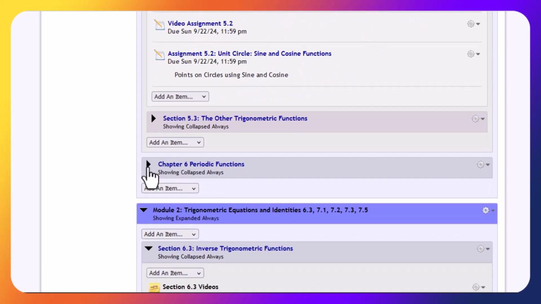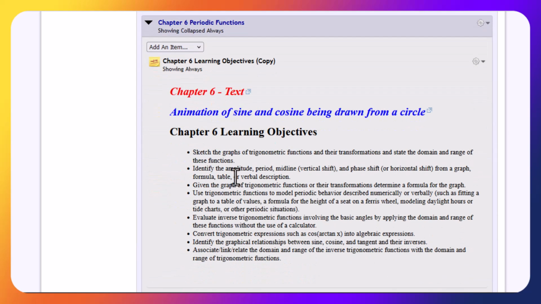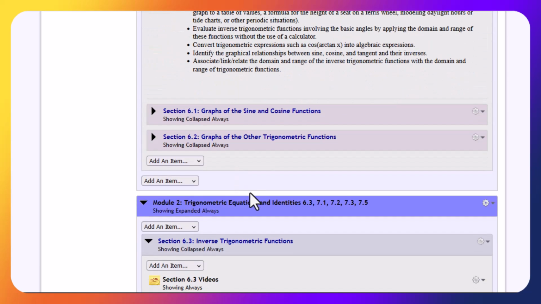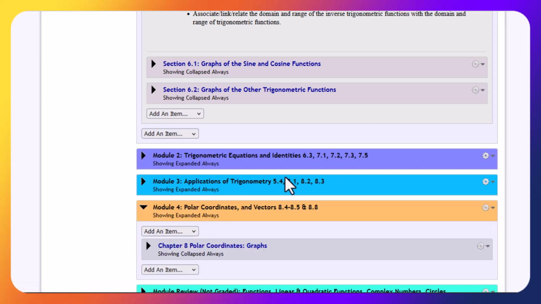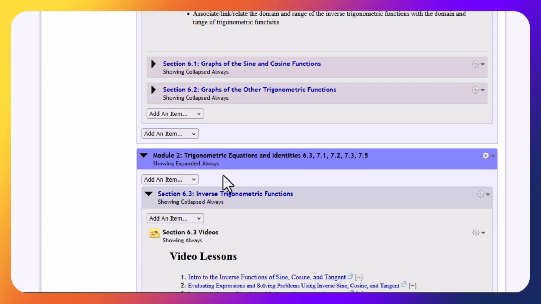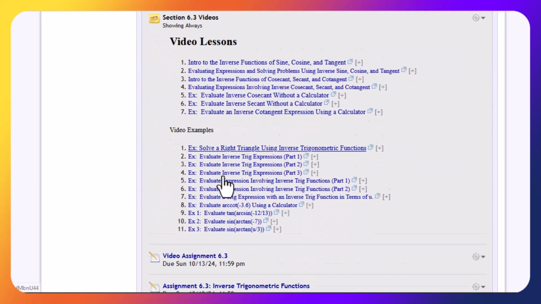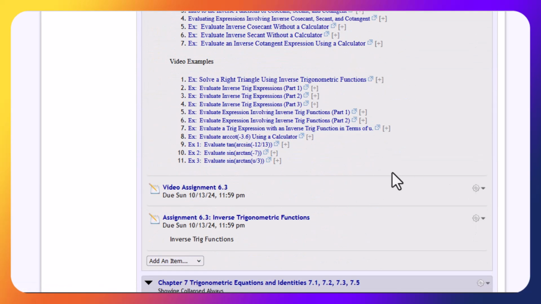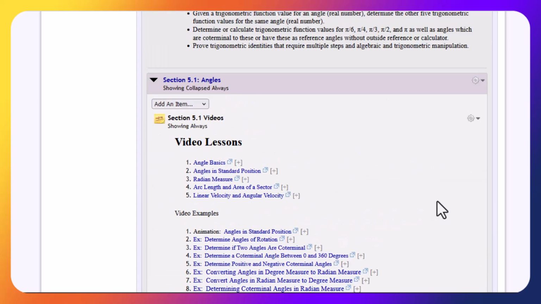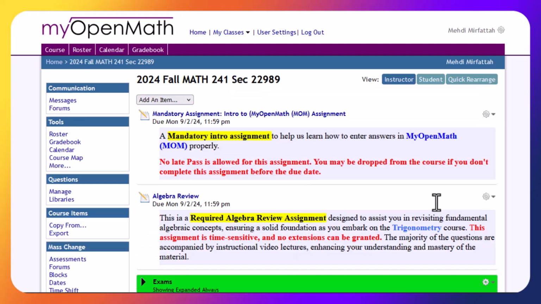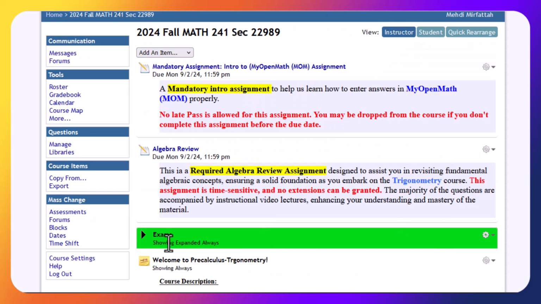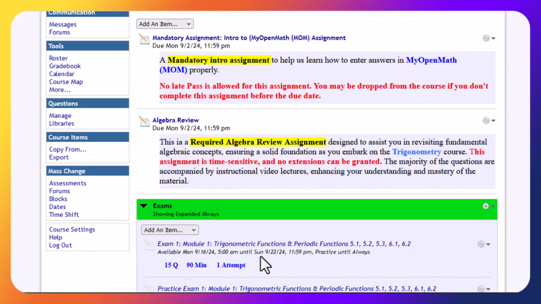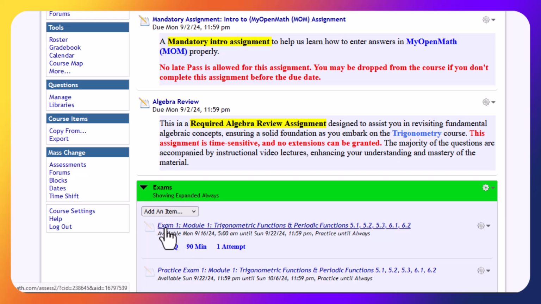As you can see, you have the resources available for each section. And each module would have a very similar format for each section. When you go to the top of the page, you can find the exams. If I open the exams, you can see the